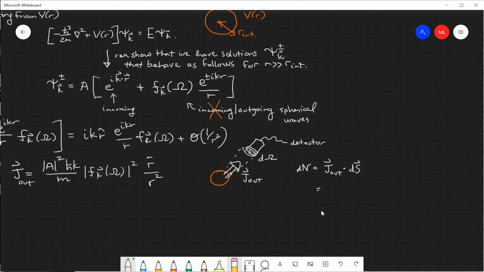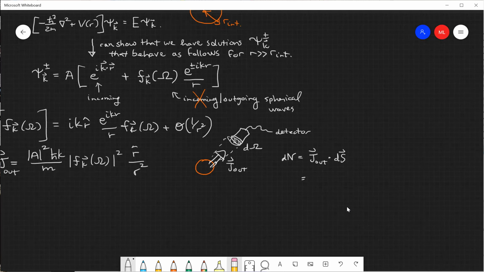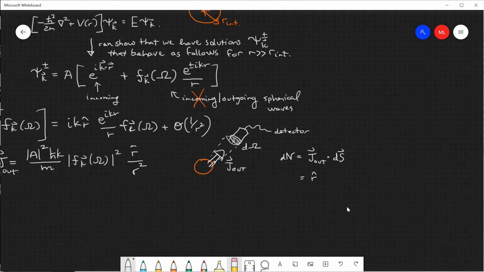And the surface area it presents is going to be r squared times d omega in that r hat direction. So what we get is, for the surface element, we get